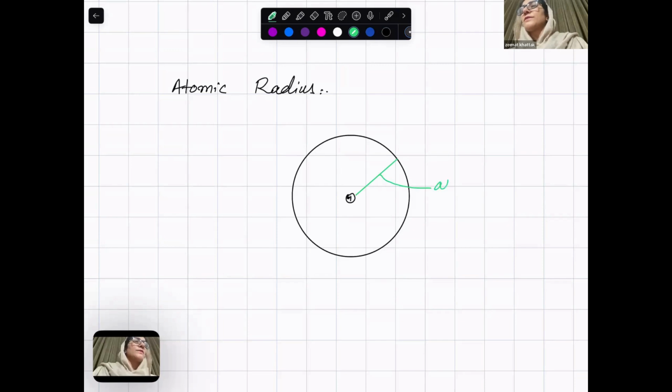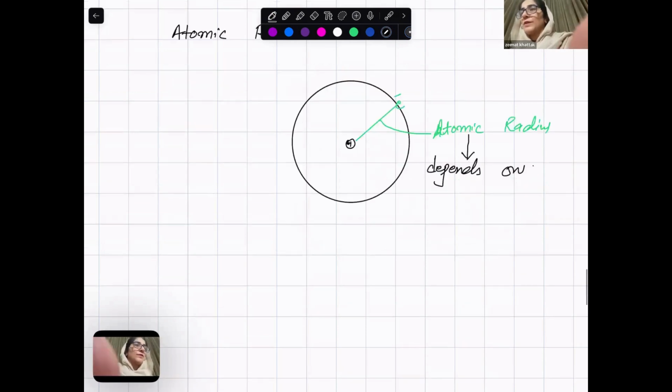Atomic radius. Atomic radius depends on what? It depends on the number of shells,